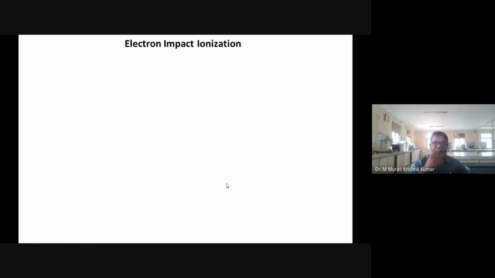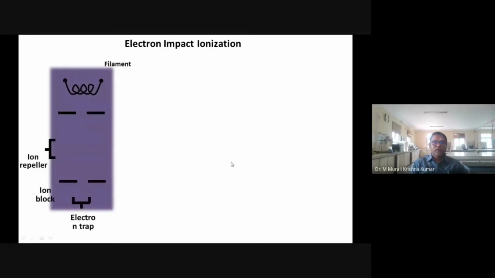In case of electron impact ionization, this is one of the oldest techniques that are available. Okay, so here what will be there? We need first the energy source. Energy source means electron generation. So it is a simple filament. When you heat it or when you apply a voltage difference of 70 volts, what will happen? It is going to evolve electrons, because when you give high energy, elements are going to be ionized. Okay, and electrons are knocked out of the outer energy shells.